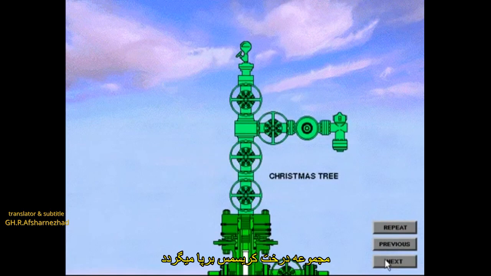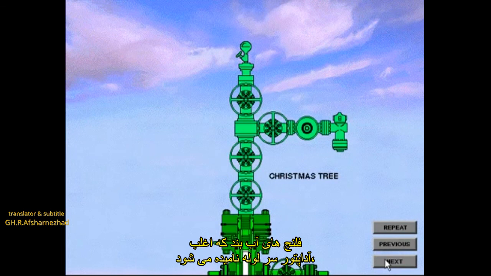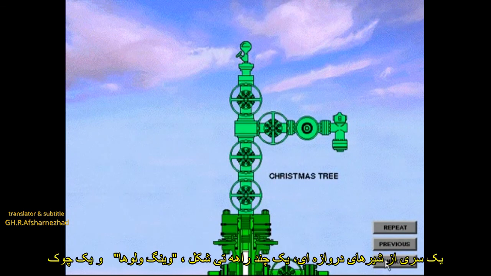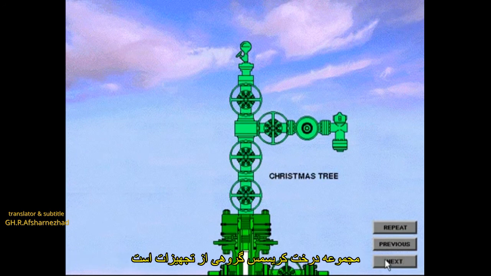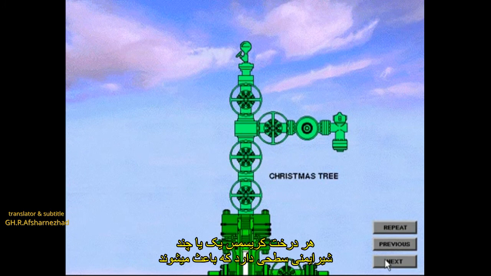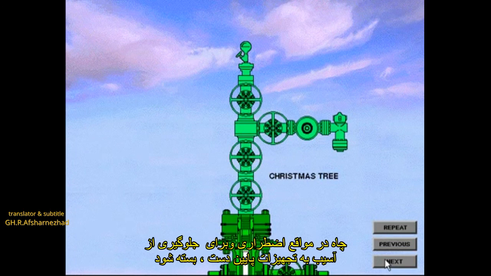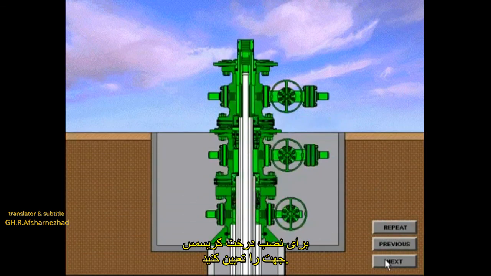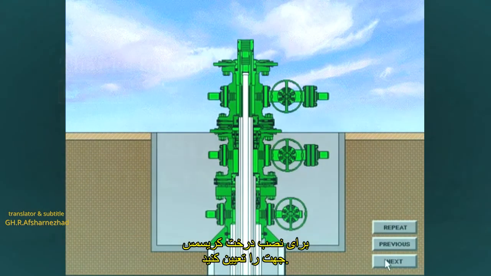The production Christmas tree is made up of a seal flange, which is often called a tubing head adapter, a series of gate valves, a T or cross, wing valves or side valves, and a choke. The Christmas tree is the group of equipment that controls the flow of the well. Each Christmas tree has one or more surface safety valves that will shut down the well in an emergency and prevent damage to the equipment downstream. To install the Christmas tree, determine the direction the